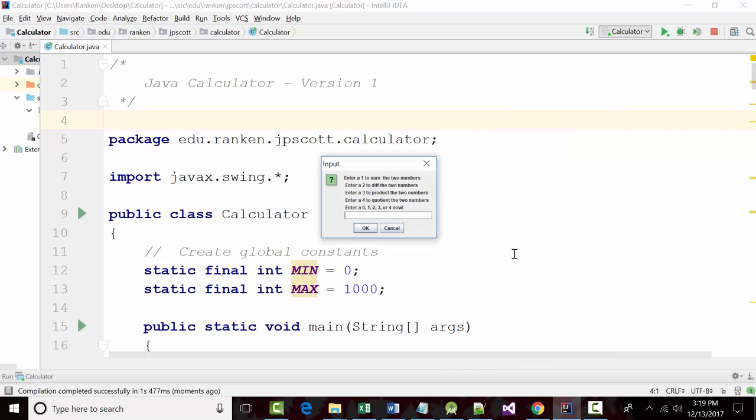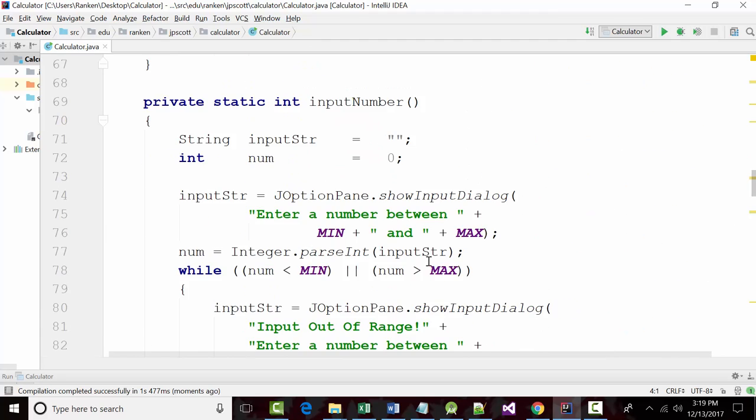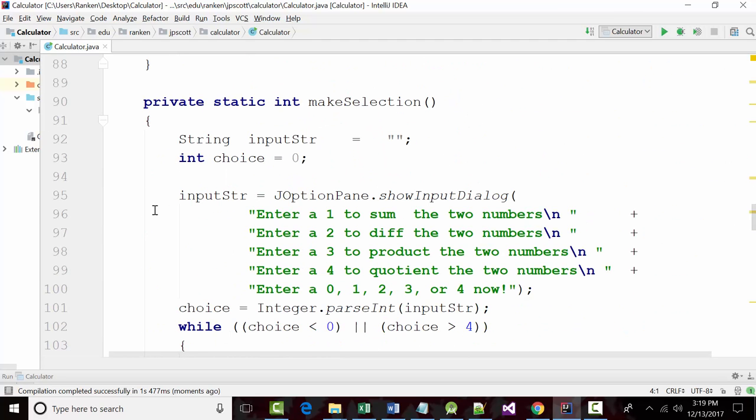First thing I ask is, what do you want to do with the numbers? I don't ask for the numbers first. And the reason for that is I set it up as a very simple little menu, and I don't even have it here, but I guess I left it off. 0 ends the program. So if I put in a 0, it just ends. All right. In fact, I should have added that. So if you want to add that to what I gave you, you can. But this really should have said